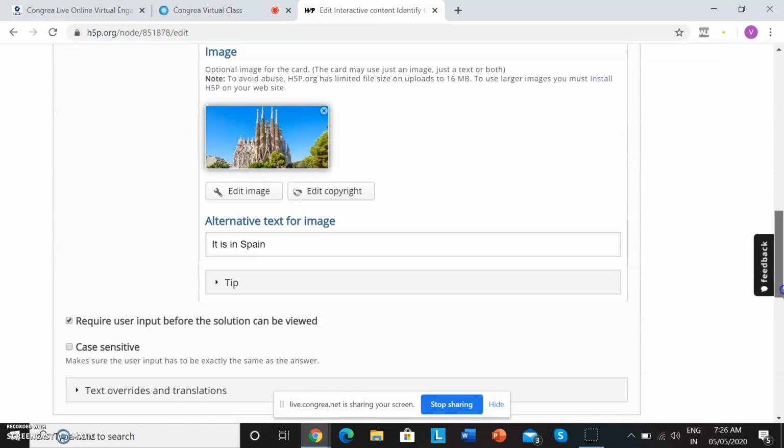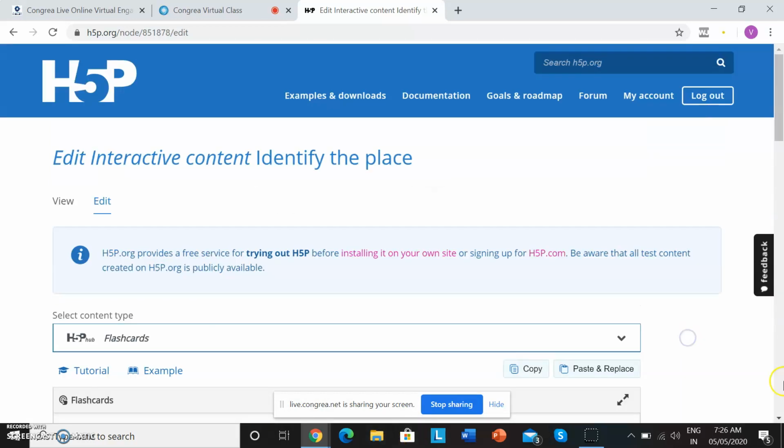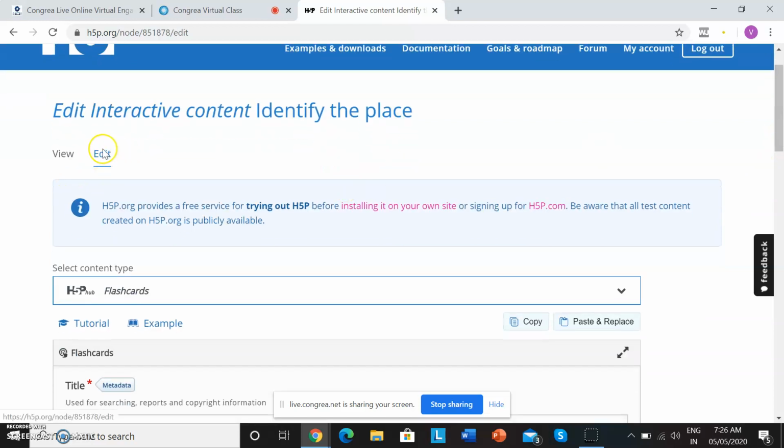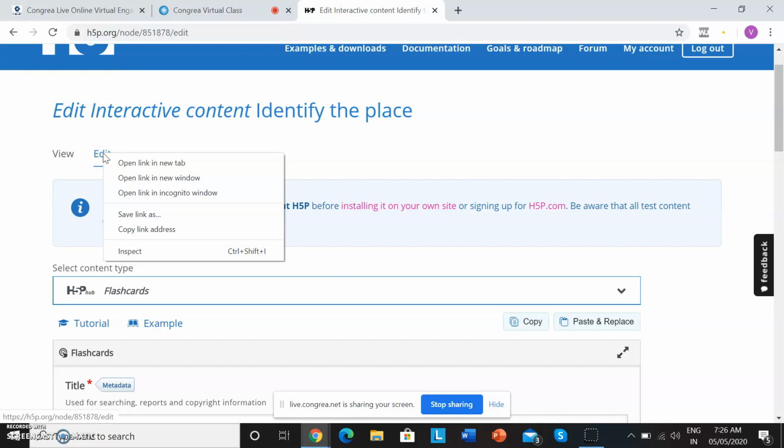Yes, so this we have already saved. Now we go to edit, and then I right click it. Now you can see here copy link address. So you can simply copy the link address and share it with your students or whosoever you want to share it with. They can even open it on their mobile phones and they can attempt your quiz.